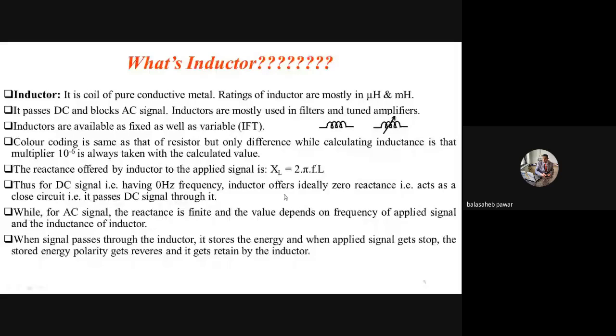So see here, as I already mentioned, for a DC signal having 0 hertz frequency, the inductor ideally offers 0 reactance, that is, it acts as a closed circuit, that is, it passes the DC signal through it. That is the meaning. While for an AC signal,